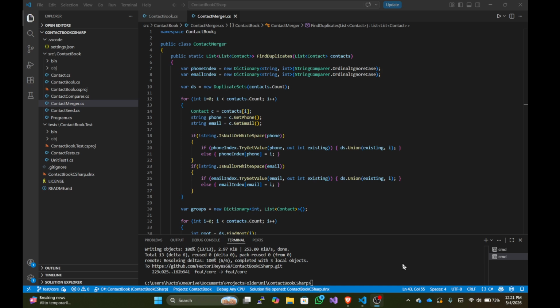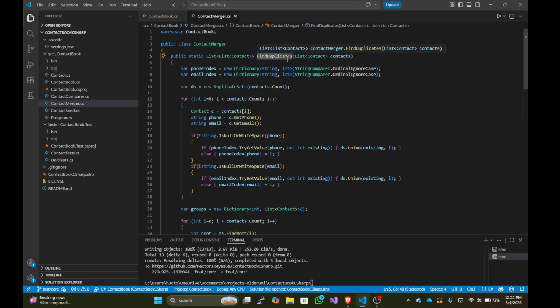I'm explaining the code for this contact book, which is a contact book made in C#, and I'm going to be explaining the features, or, well, the data structure algorithm used in it. By the end, I'll record small clips of the program running to ensure that it runs, but my main purpose is to record this video and explain it. So first of all, up here we have the find duplicate